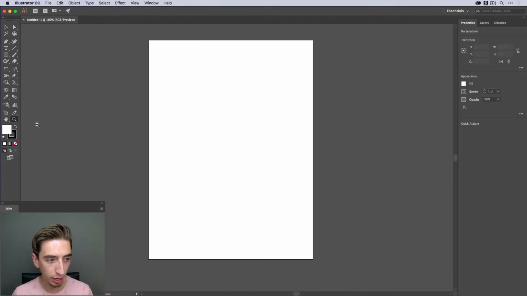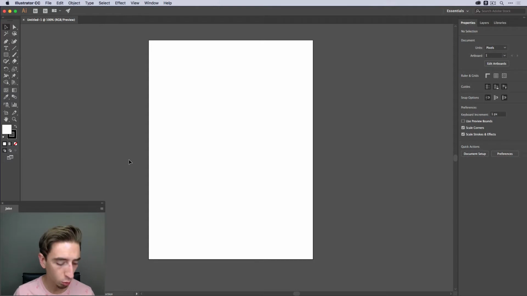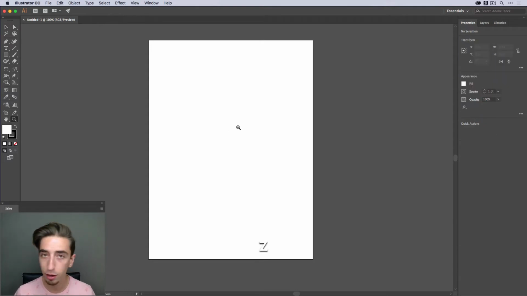And the keyboard shortcut, by the way, for the zoom tool is really easy to remember because it's just Z. Z for zoom, super easy to remember. So if I was on any other tool and I just press Z on the keyboard, I'm on my zoom tool. So when I navigate my document, if you're seeing me move around, reposition, zoom in and out really fast,